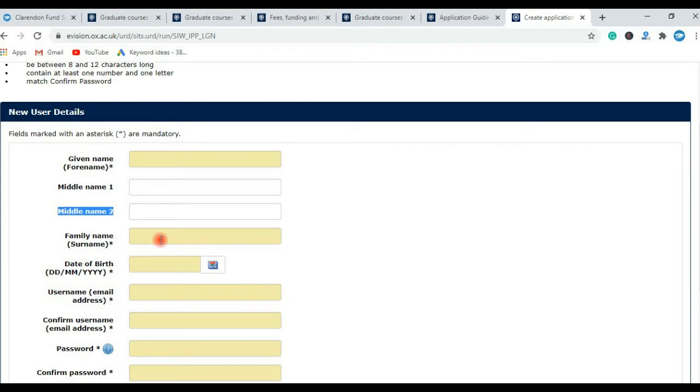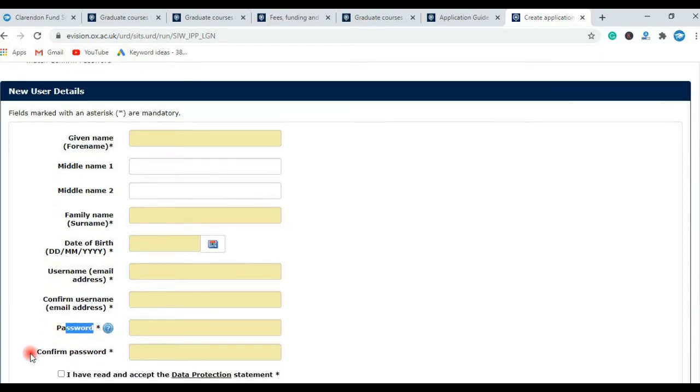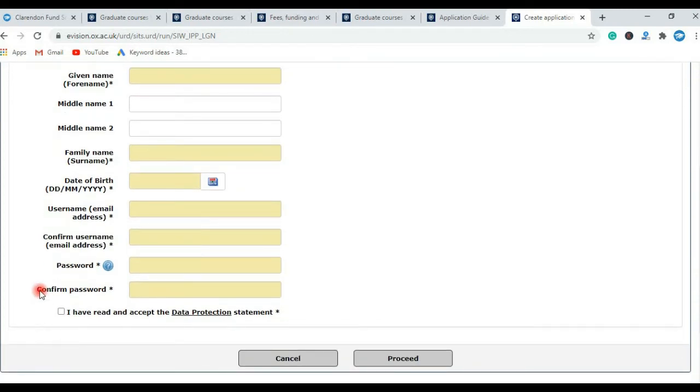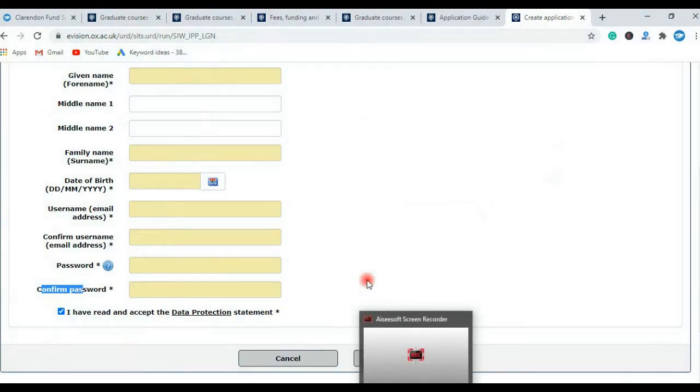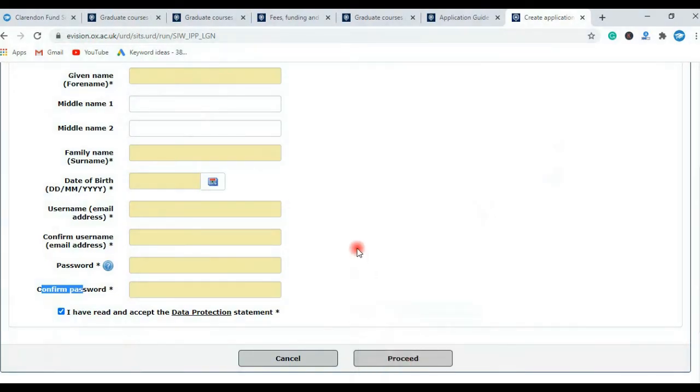Family name is compulsory. Date of birth, username, confirm username, password, confirm password, check this and proceed. In this way we have created our account for submitting applications.